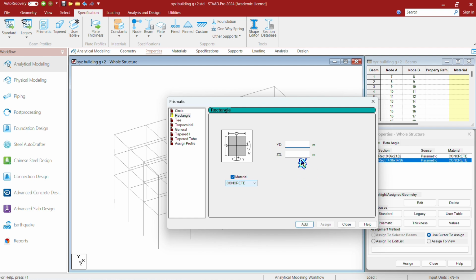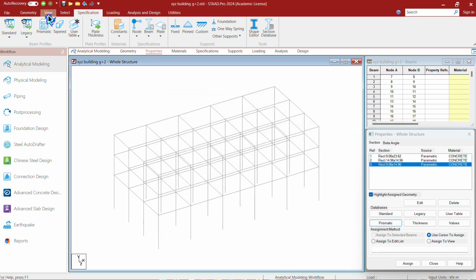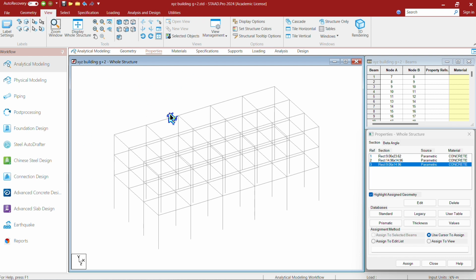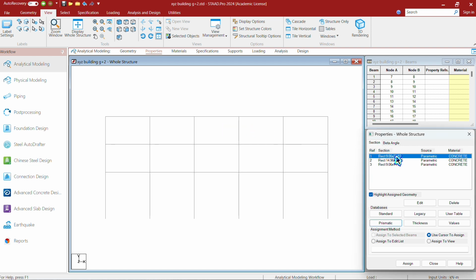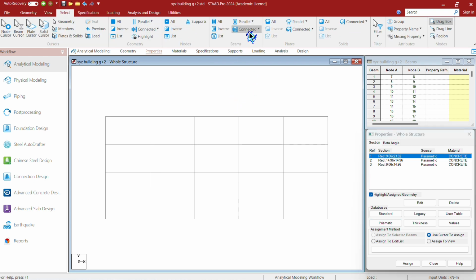And now we'll add the plinth beam dimensions, which are given as 0.23 by 0.38 meter. Click on add. Now, go to the view panel and change the view to the front view. Here what we'll do is, we'll click on this property, go to the select,